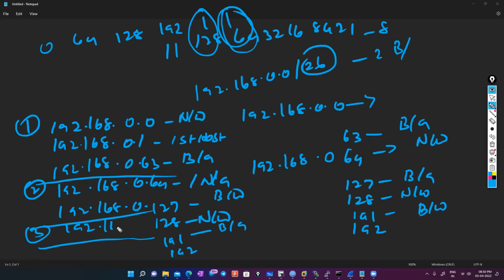So this is 192.168.0.128 and 192.168.0.191. And it again starts with 192.168.0.192, the next network address, and the usable IP 192.168.0.193 till